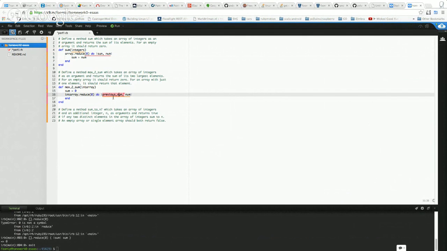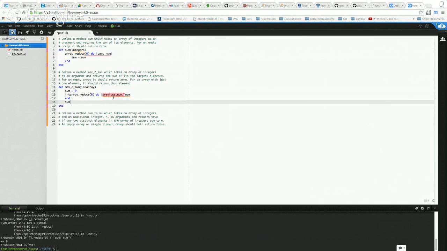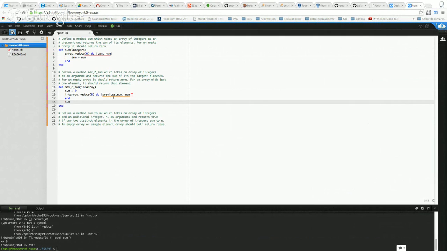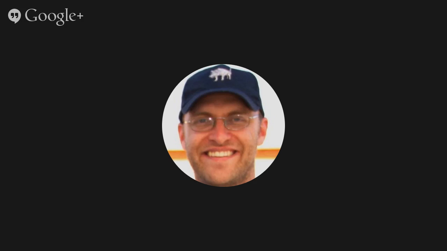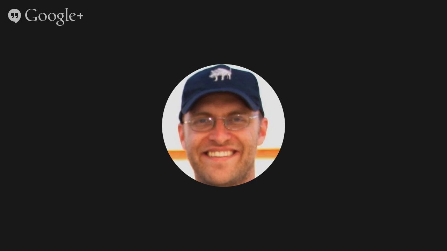Yes, but then at the end, what are we going to have? Because then we're going to have to choose between the two numbers. The sum of the two largest elements, right? So we need to add the elements together. If it's the largest sum, then it needs to get pushed back as a result. Okay, so basically something like if